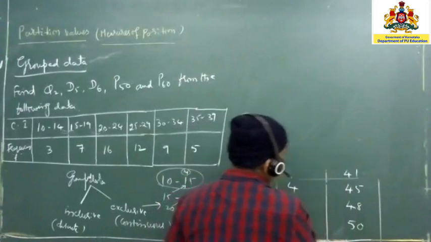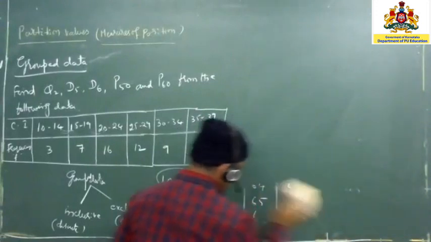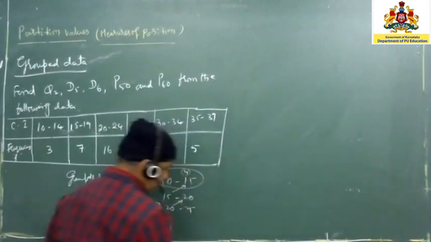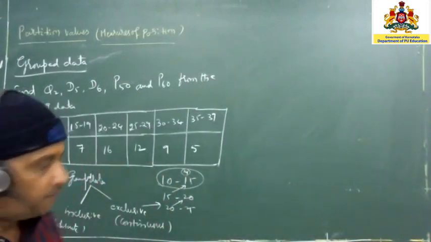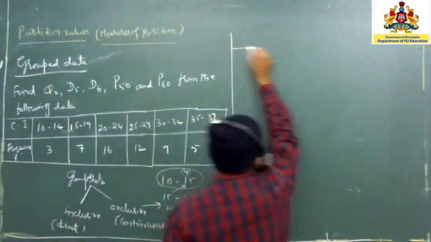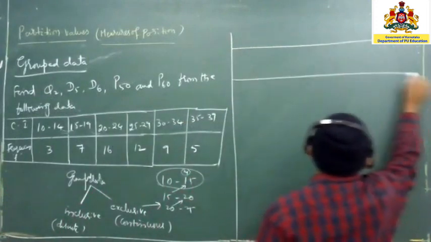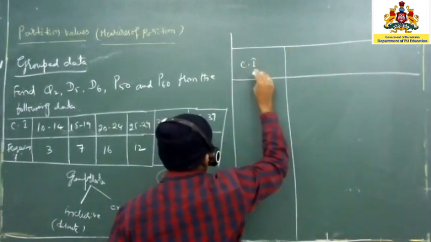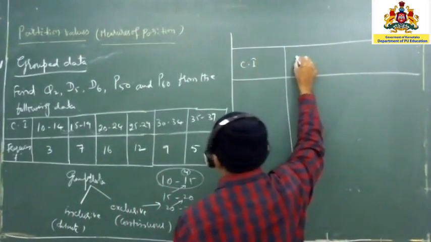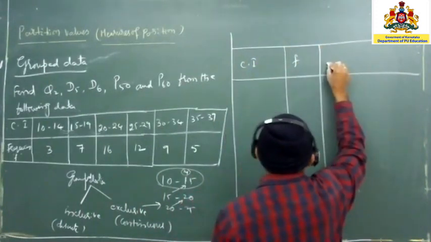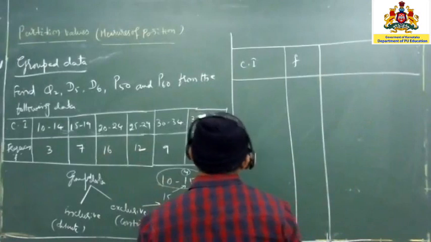How to convert it, can anybody say that, or do you remember, in the previous classes it is covered already, how to convert inclusive to exclusive data? So very simple one. So here the class interval, once I am going to write it, the class interval or marks or wages or anything. Next one is the frequencies, denoted this way, and then we are going to make another column that we say is LCF only.